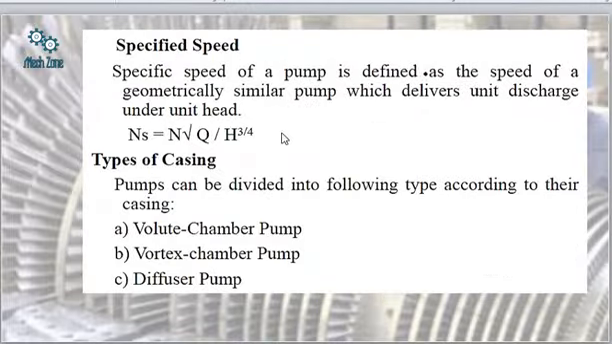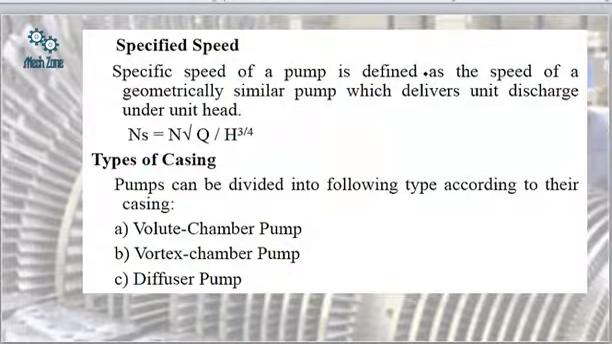Again, the formula for the specific speed has been clearly given. This formula is applicable in the case of pumps, whereas the formula that we studied earlier was for the turbine. So please make sure that you are applying the correct formula for the correct fluid machinery, because if you apply this formula in the case of turbines, then you will get the wrong answer. Okay, now the type of casing also forms a basis for classification: volute chamber pump, vortex chamber pump